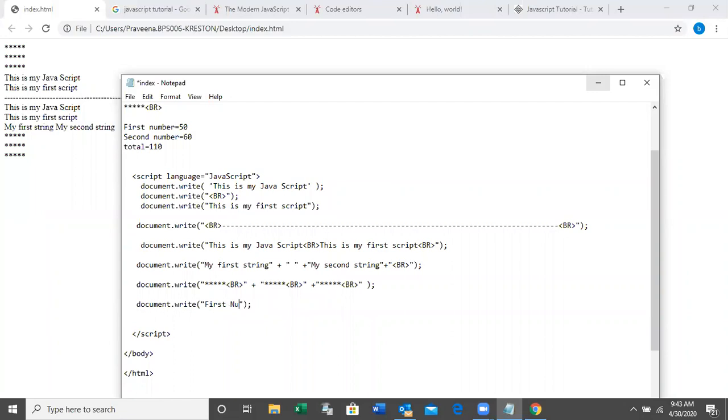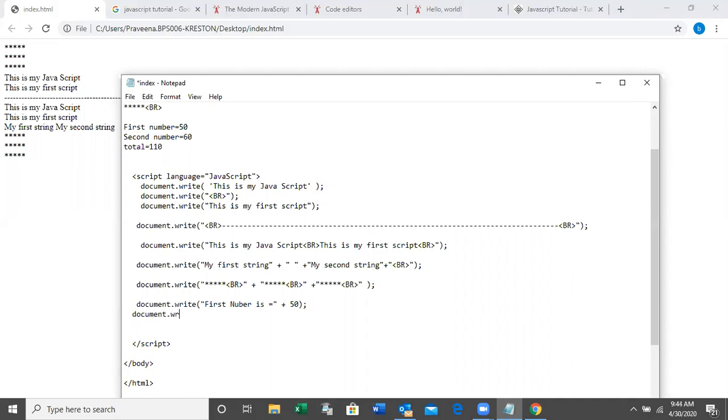First number is equal, put the plus operator, and then put 50. 50 is a number, not a string, right? Number is different, string is different. String means a combination of characters. We can't use a string for calculations. If it is a number only, we can do the calculation, but I'm not going to do the calculation for now. Right?